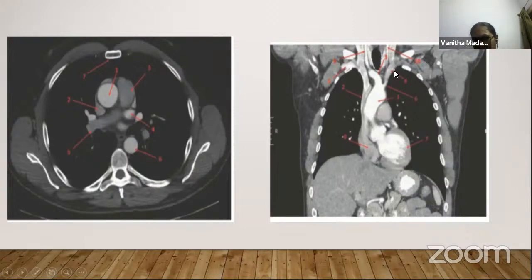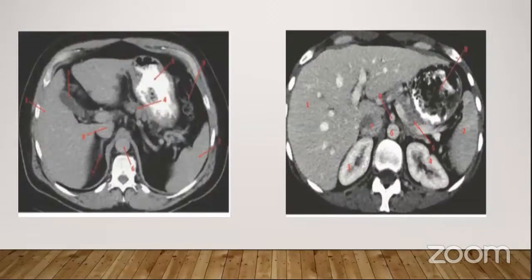left jugular vein, sir. And number 9 and 10 are common carotid, sir, both sides. Agree. And number 5 is subclavian artery, sir. And number 7 is left ventricle, and number 6 is right atrium, sir. Right atrium. Okay. Next one. And this is the axial CT of upper abdomen level, sir.